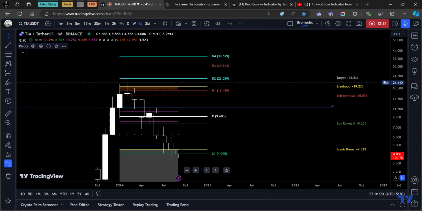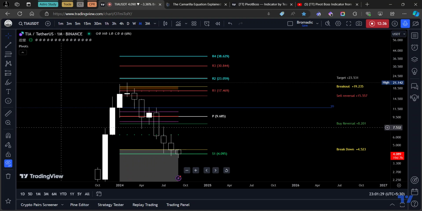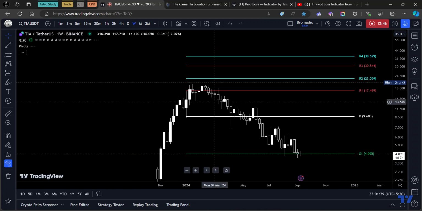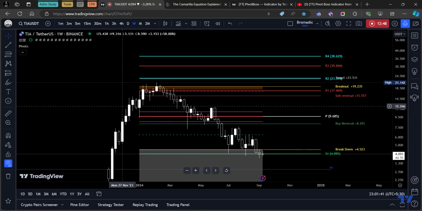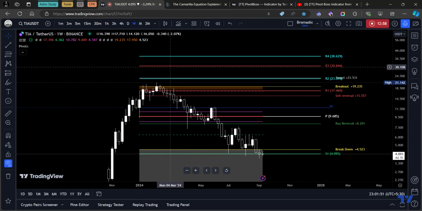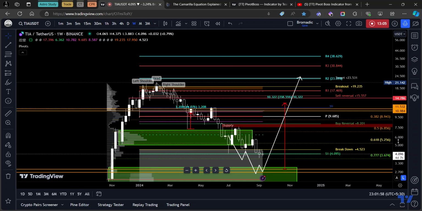In the previous video I had mentioned that there was this good head and shoulders, and with that head and shoulders, as you see here, this was a good reversal candle that we formed in the month of February. If you come down to the weekly chart, you can clearly see how price was trying to break above R1, the traditional R1, but wasn't able to sustain it, and we just got distributed here. Finally, price came back all the way down to the pivot points, and this also had a good confluence with